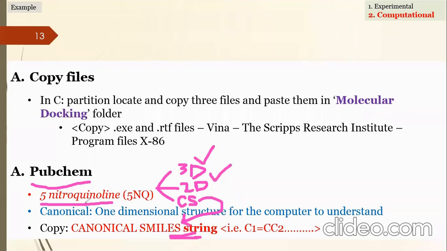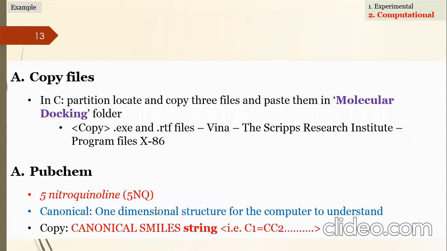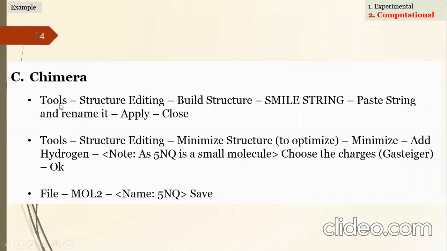But for now, we will take the canonical SMILES string. After taking the canonical SMILES, download that, and now you need to open the canonical SMILES in Chimera. So you need to open the software, Chimera, and click on Tools. Then click Structure Editing, Build Structure, SMILES string, click that and paste the string, and